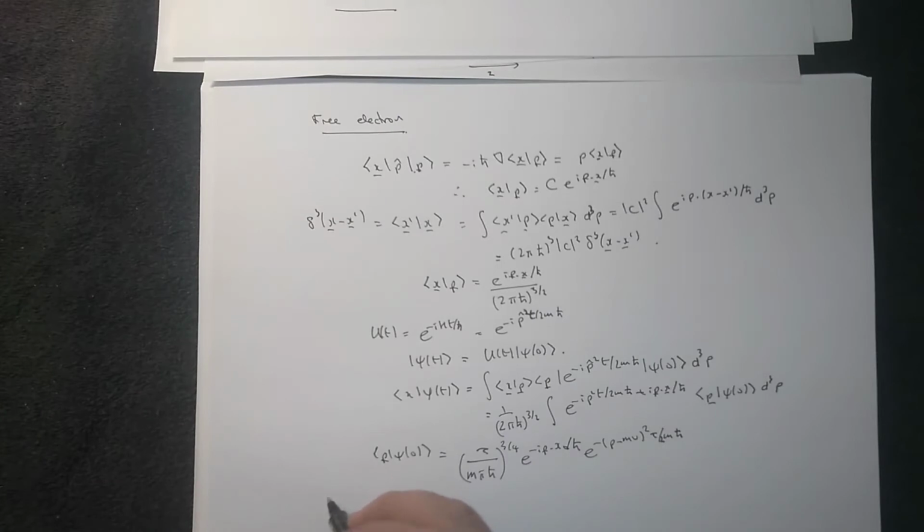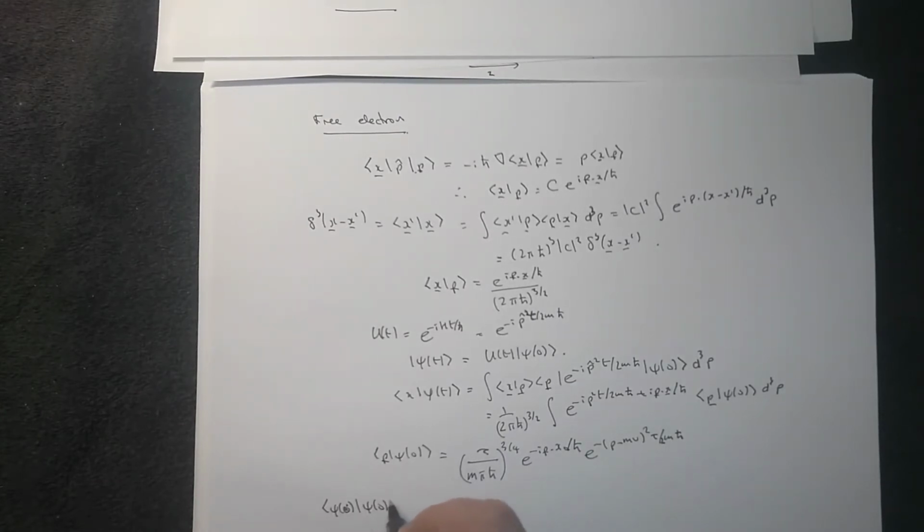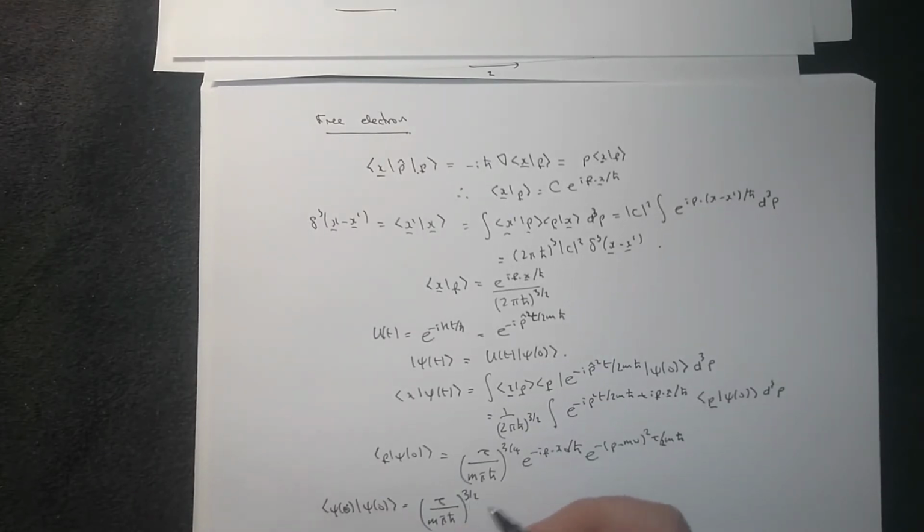This is normalized since psi naught with psi naught is tau over m pi h bar to 3/2